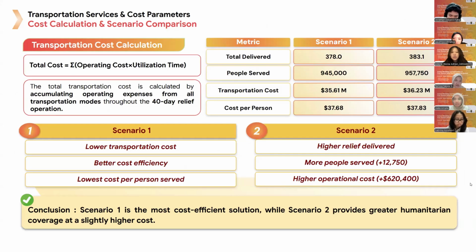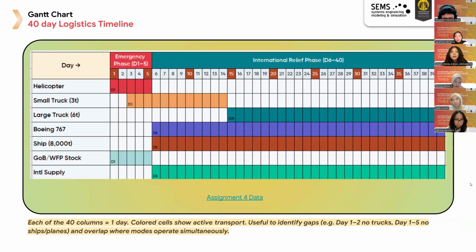Alright, so this is a cost calculation and scenario comparison, where we compare two scenarios by calculating total transportation costs over 40 days, where scenario 1 served about 945,000 people at a lower total cost, 958,000, but required higher operating costs. Next. So this is the Gantt chart for the 40-day logistics timeline, where this Gantt chart shows transport activities